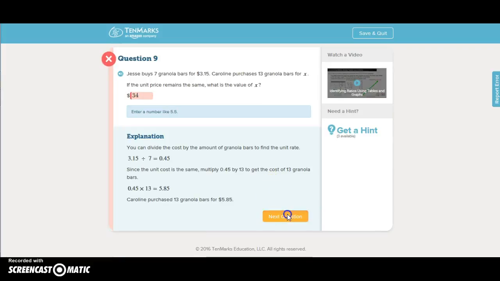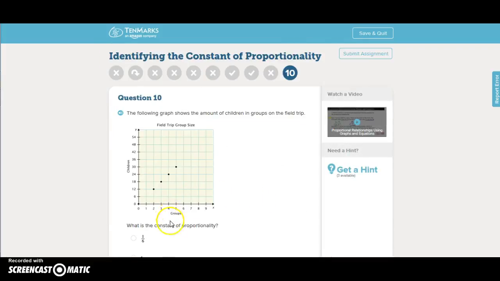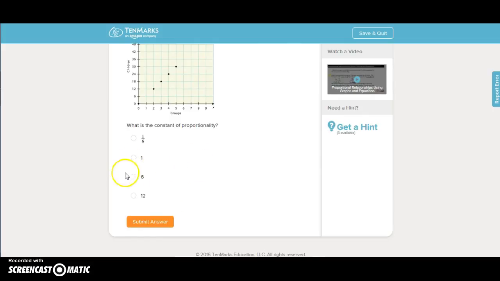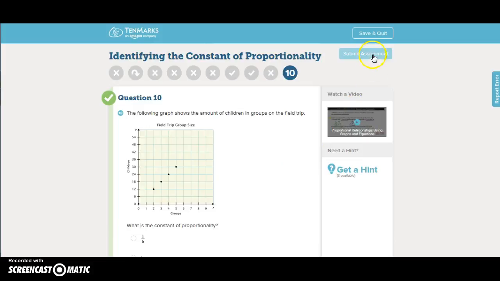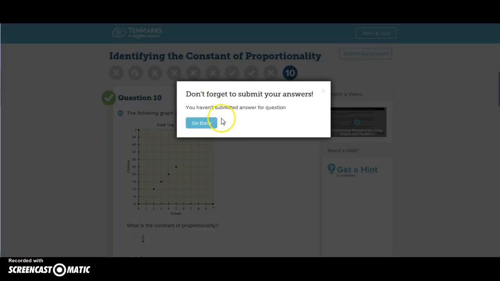And when we're done, what we'll see in front of us is our results. Now, if you don't want to finish it, you can press save and quit. But once you're done,